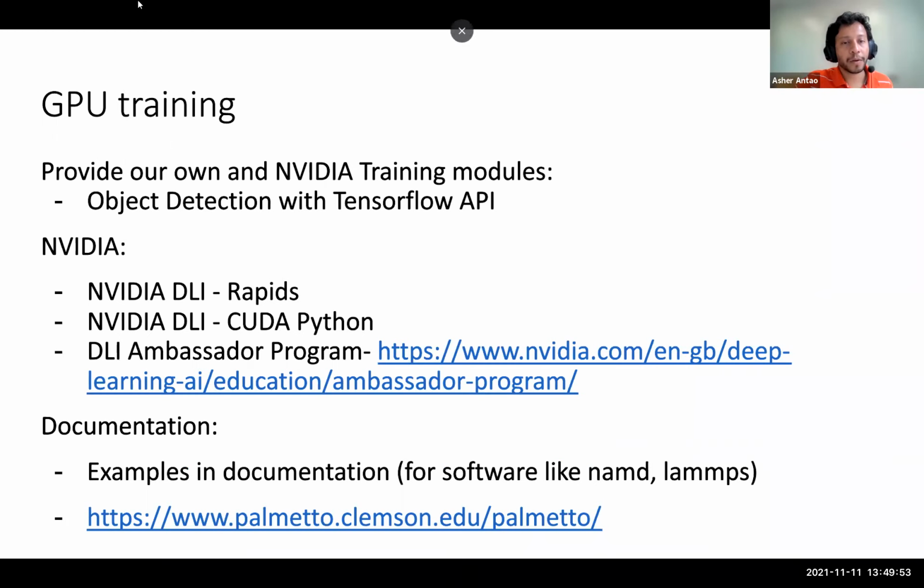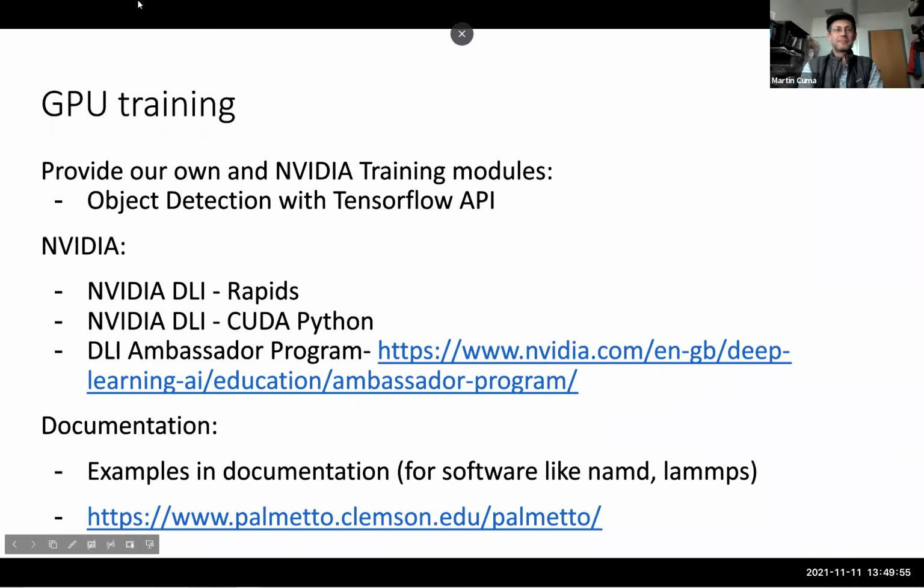Yeah, so for our training, the only training that actively uses GPUs, not only, we offer a couple. On the cluster itself, we run object detection with the TensorFlow API, which is just a basic how you request a node, set it up, and then we have walked them through the entire end-to-end process of transferring data, cleaning their own data, setting it up, and then running the object detection